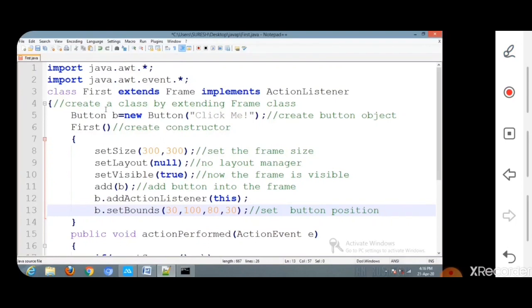The class which processes the action event should implement this interface. Here the class which processes the action event is first. So the action event occurs in the class first, so the class first implements the interface ActionListener. The Java ActionListener is notified whenever you click on the button or menu item. It is notified against an action event,